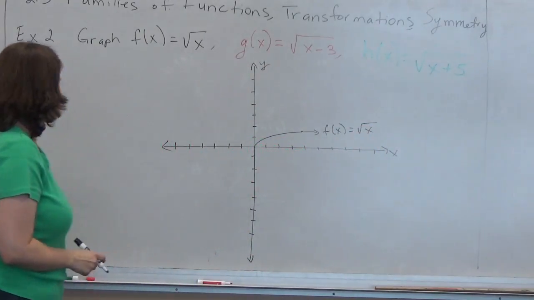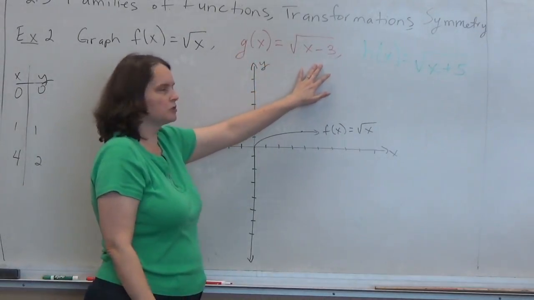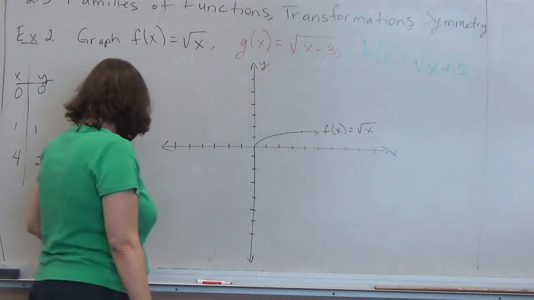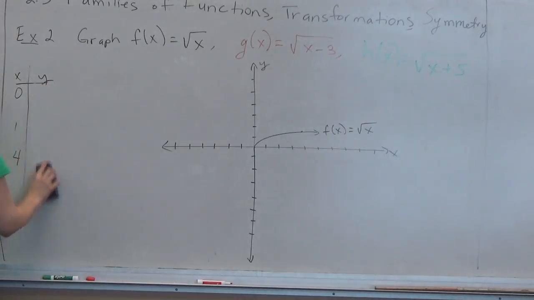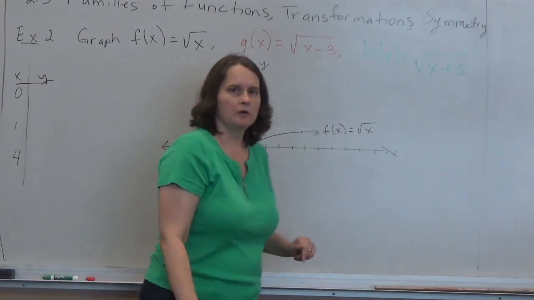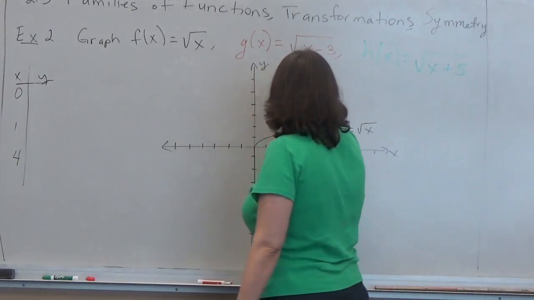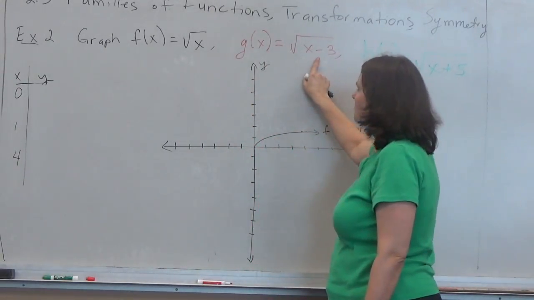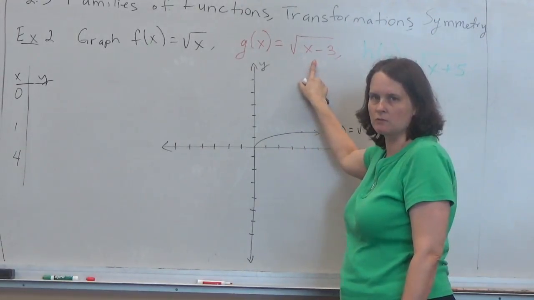Okay? Now we need to see what happens in the second one. How does subtracting 3 on the inside affect it? We'll do another t-table here. Now this time, when you go to substitute in these x values that you used before, they may not work out as well. If you put in 0 for x into your g function, you're getting 0 minus 3, which is a negative 3 on the inside of the radical, and that's not going to give you a real answer,